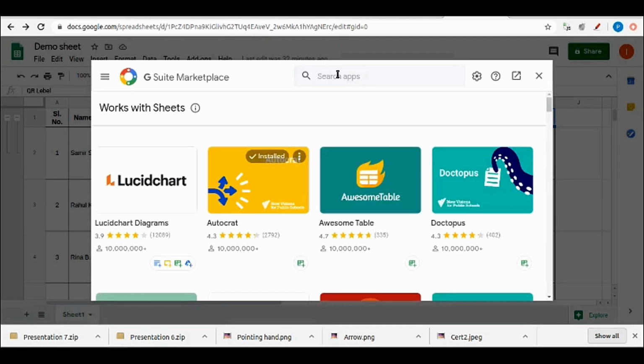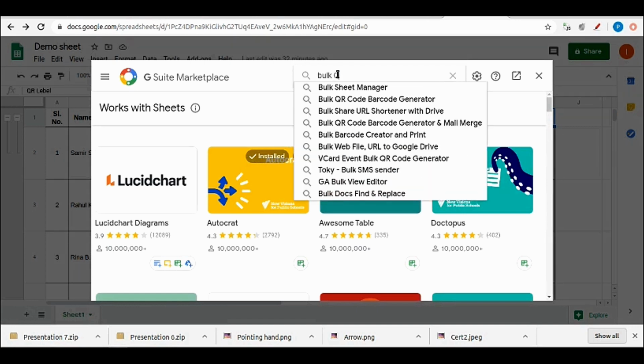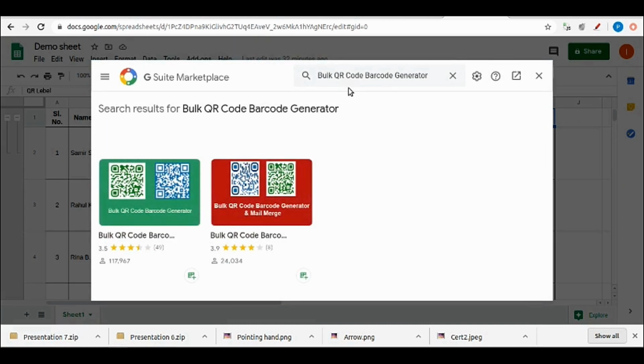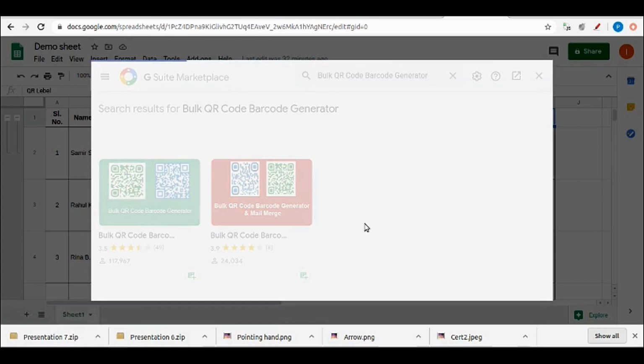In the search bar, let me type bulk QR code generator. So these are the options. You can click on any one of these. These are the available options for bulk QR code and barcode generator. Let me install this one for now.